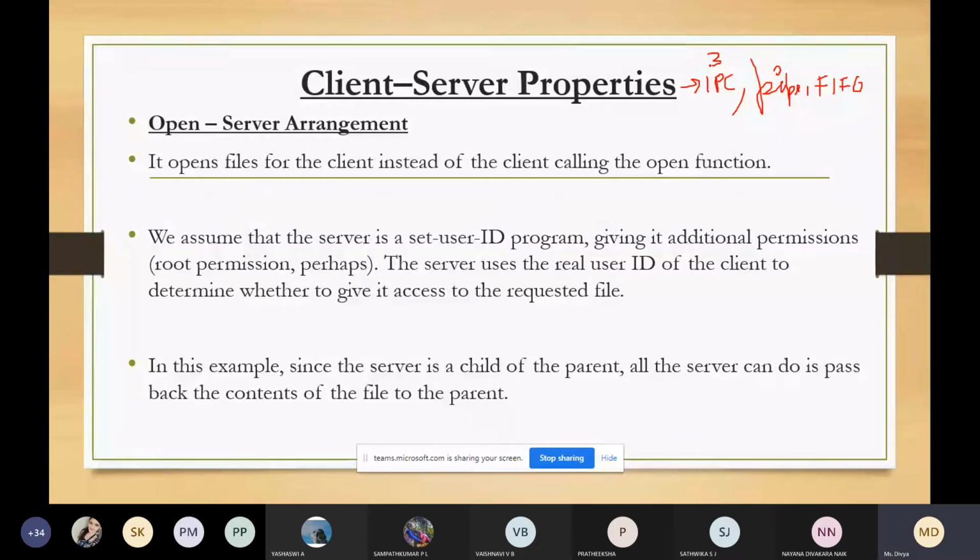So what are the drawbacks or the advantages of going for this type of inter-process communication? First, we can create a one-way pipe between the client and the server.